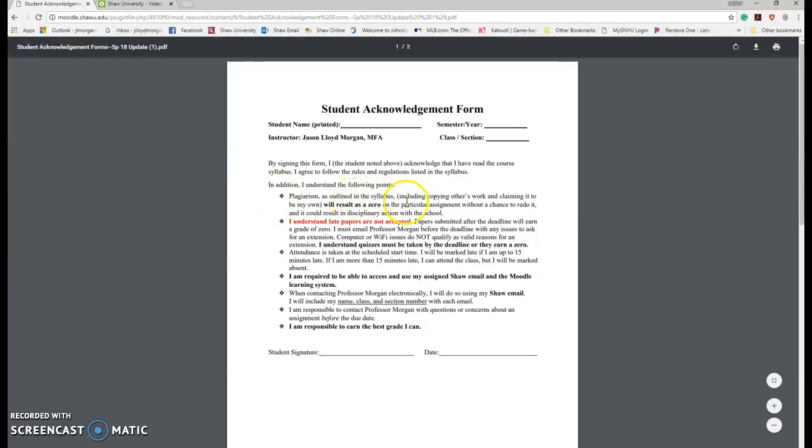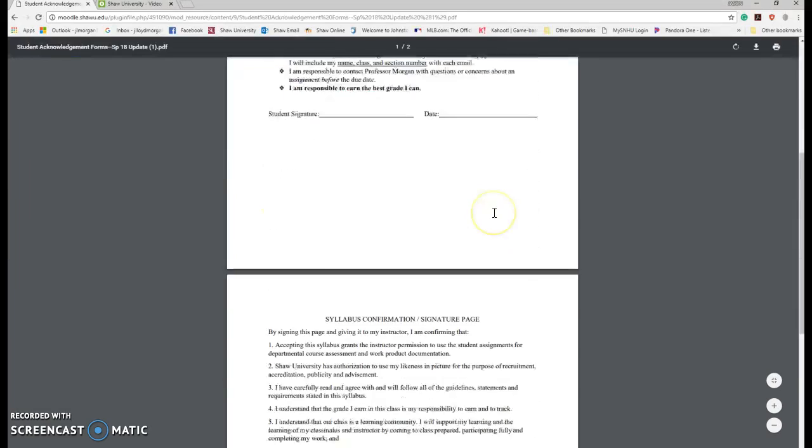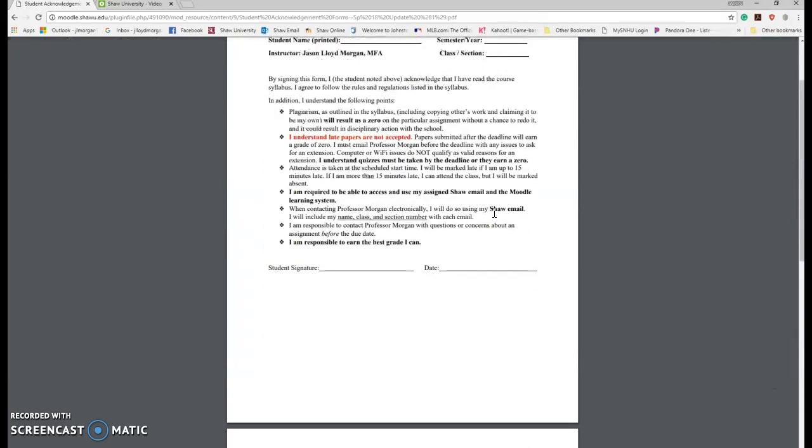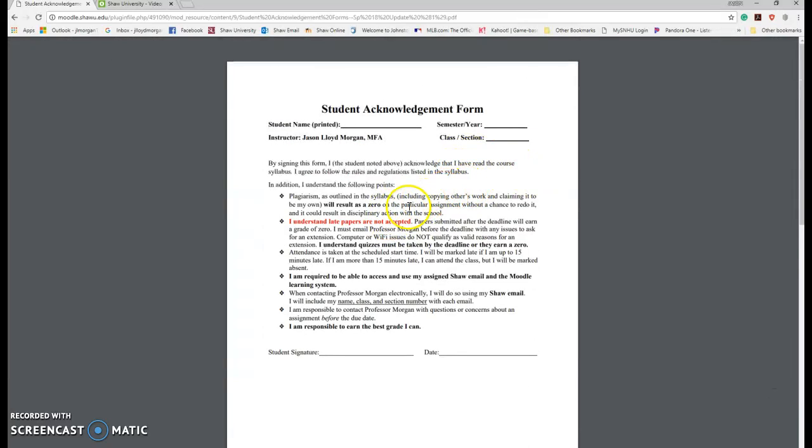Okay, and there are the two forms. There's Form 1 and there's Form 2. No, you cannot edit these forms, they're PDFs. You need to print these up. Find a printer somewhere, go to the library, whatever. You can't do this on your phone.